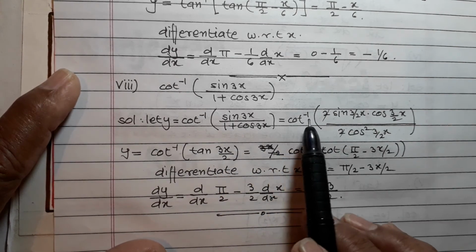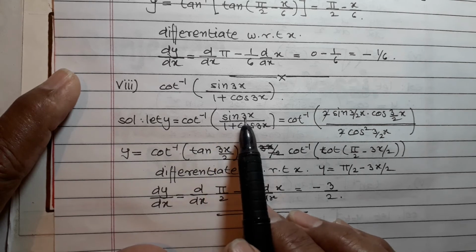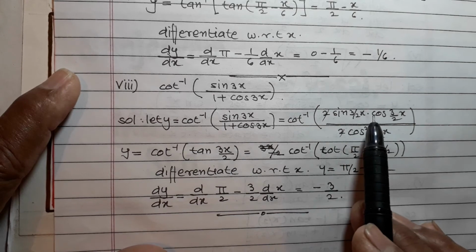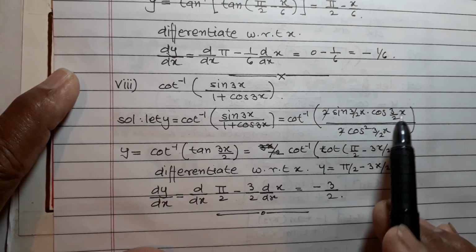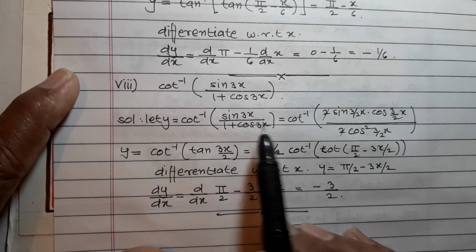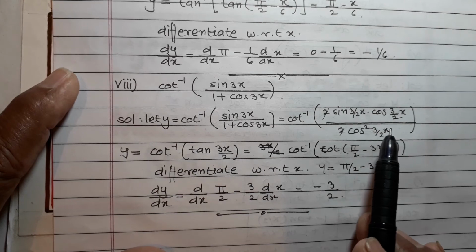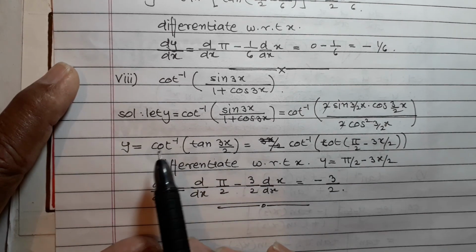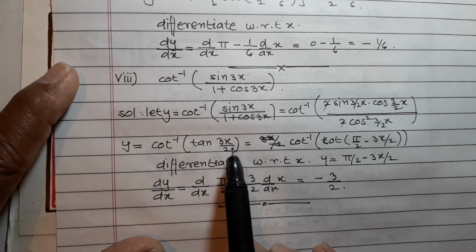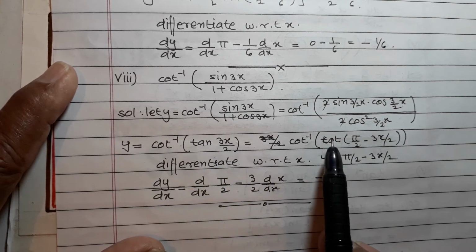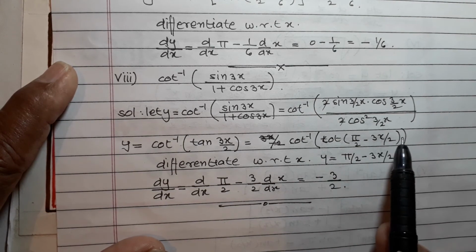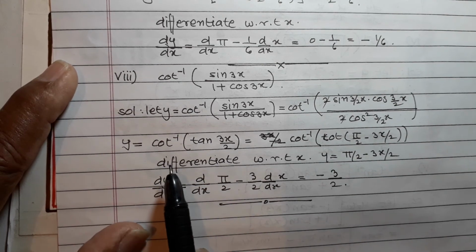So it is equal to cot inverse; this you convert into 2 sin (3x upon 2) into cos (3x upon 2) upon 2 cos square (3x upon 2), and therefore y is equal to cot inverse tan (3x upon 2), and again this tan you convert into cot, so cot inverse cot (pi by 2 minus 3x upon 2), and therefore y is equal to